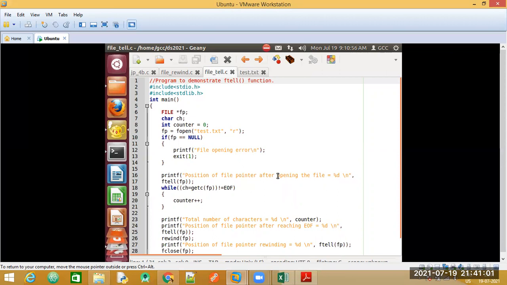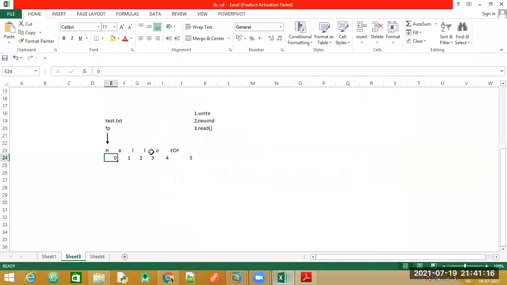Then we are counting the number of characters that are present with the help of this code. The number of characters in the file is 6. How 6? As you can see here, this is 1, 2, 3, 4, 5, and the end of the file is also a character, that is 6. But the index starts from 0.